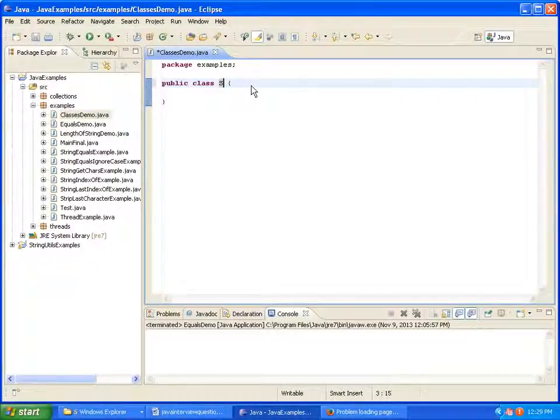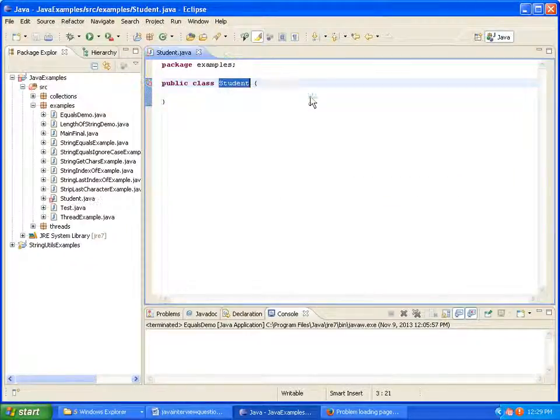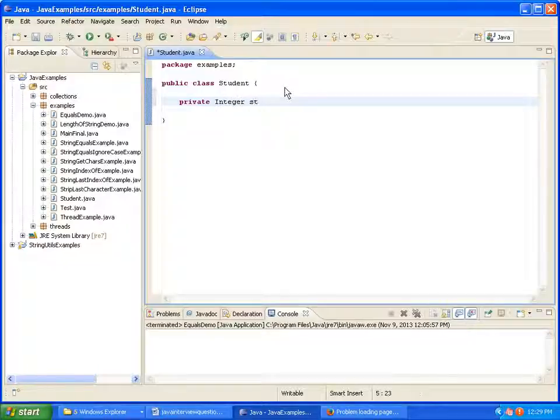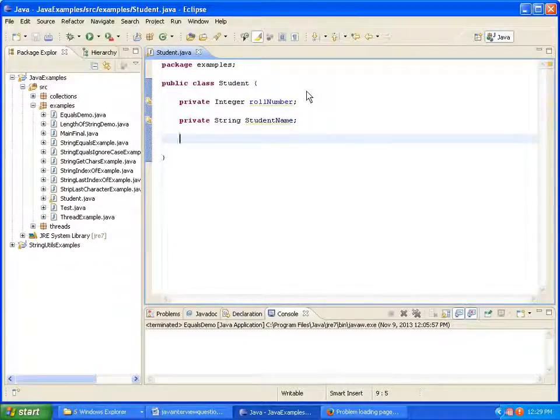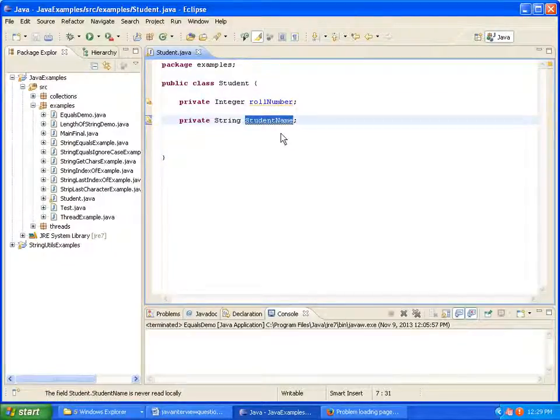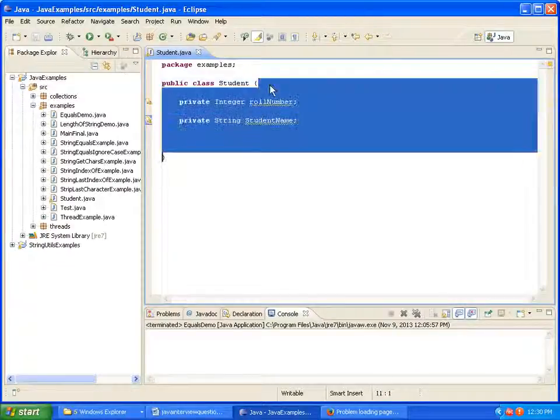Now I am creating a class called Student. And now I am creating a private integer rollNumber, and a private String studentName. So here the roll number and the student name are instance variables, since these are defined inside a class but